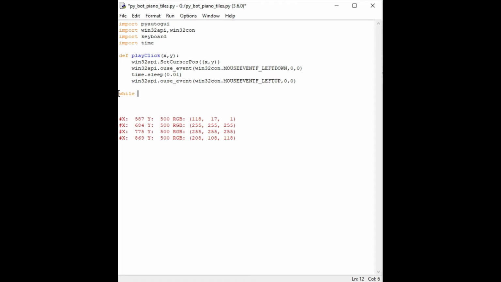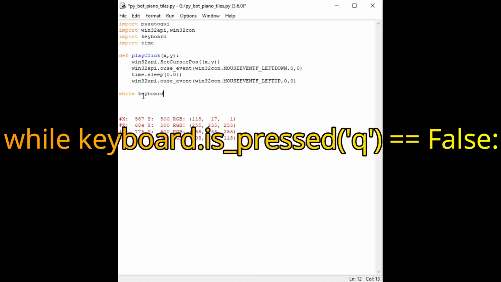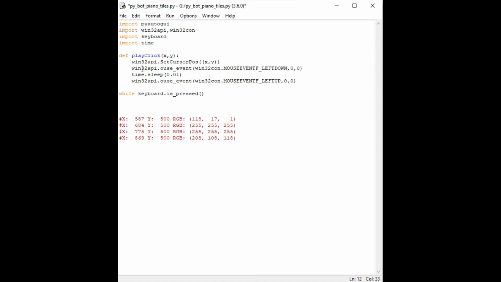So we are going to give it in a while loop. This is not technically a loop, but we are going to make it a loop by giving a while keyboard.is_pressed. So if you didn't give it inside the while loop, it will just run the program once. It will just check once and do that. And you could also give while true, but if you give while true, there is no way to stop it.